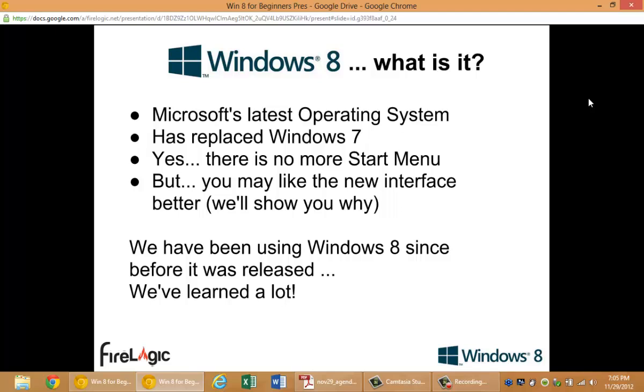There is no more start menu, so we'll go into that in a little bit. And while some people may not like it, we'll go ahead and show you some of the things that are nice about it, that I actually like about it. And we'll also show you how to get back the classic start menu if you just can't get used to